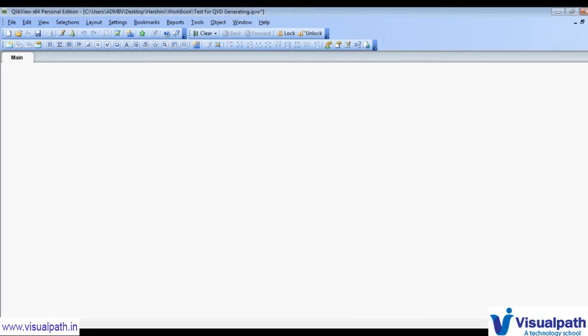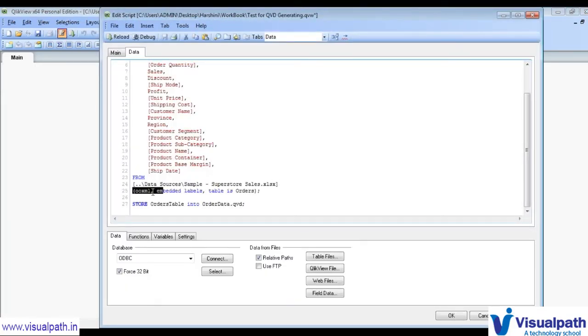Let us again go to the edit script window and let me take the path name here. Otherwise you can give a square bracket open and close, and between that you give the relative path name.